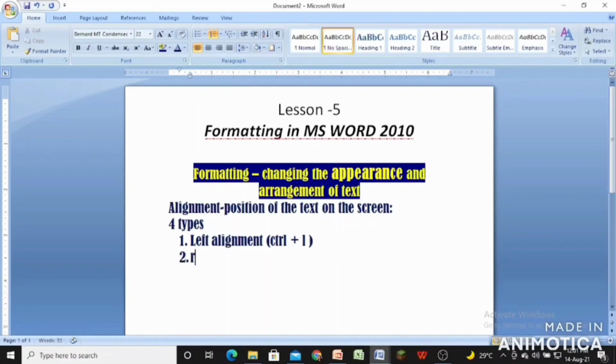Now, let us come to the next topic. That is the right alignment. Control plus R is the right alignment. Next one, third. Center alignment.